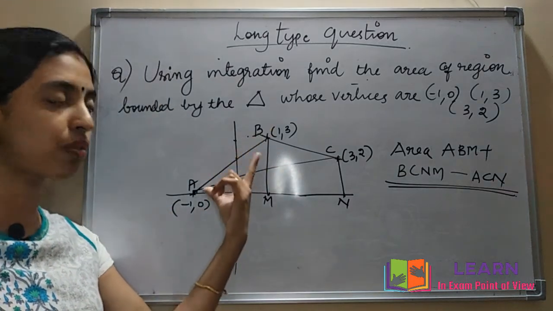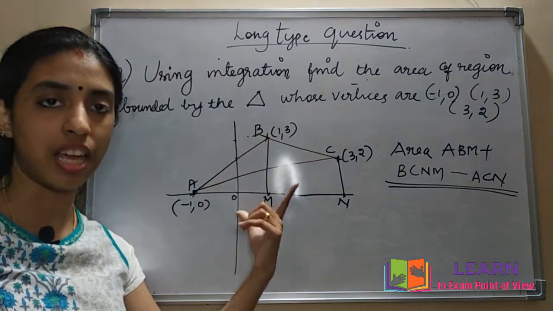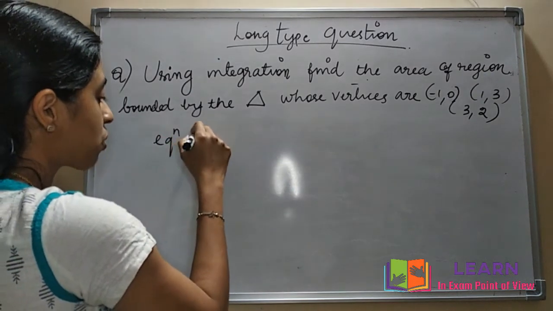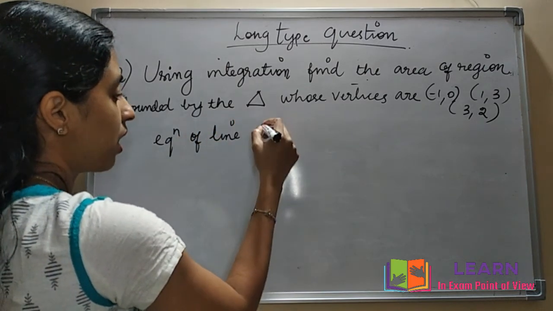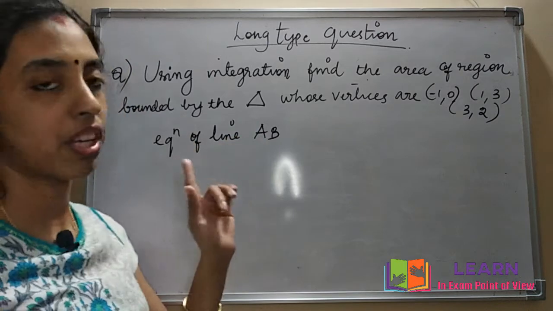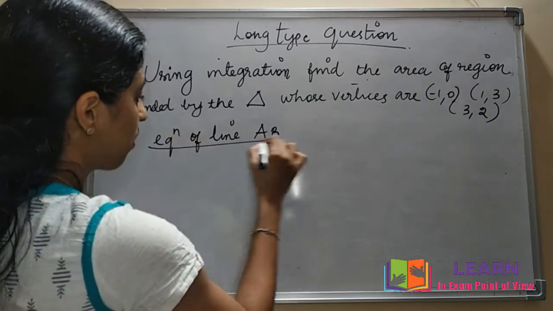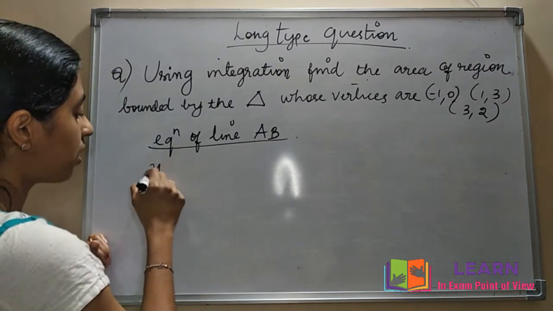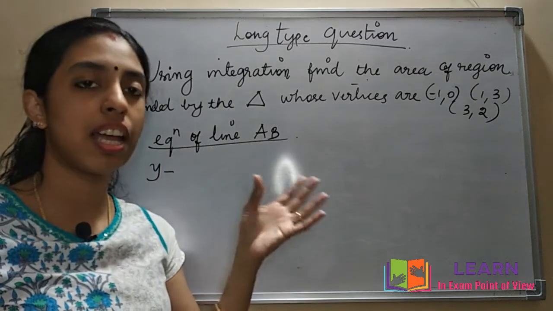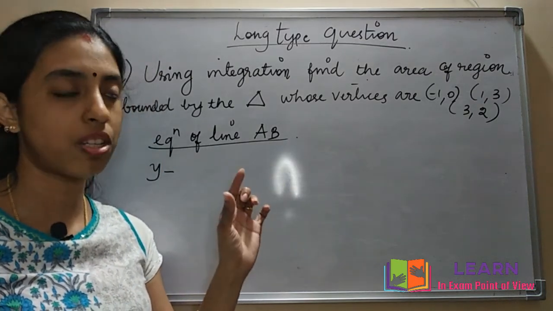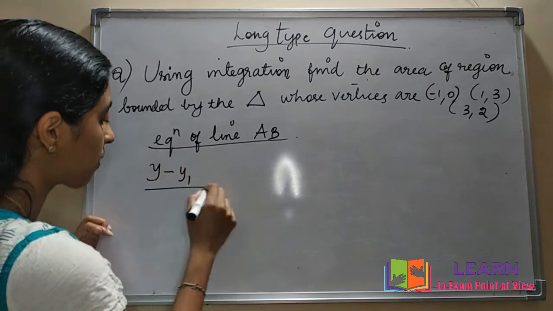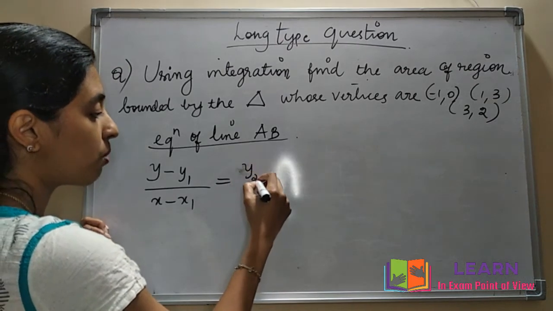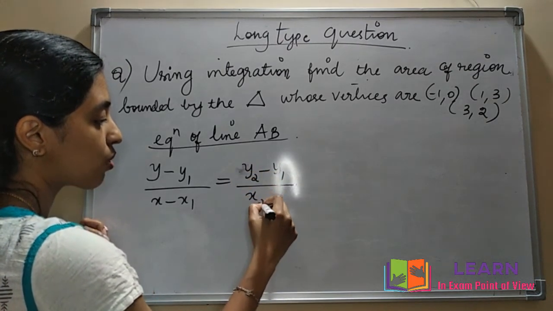First find the equation of line AB, then BC, then AC. Okay. So first, to find the equation of line AB. You remember in the figure where AB is, right? Here. Due to space, I have rubbed out the figure. Then you remember the equation of a line given 2 points, that is (y minus y1) by (x minus x1) equal to (y2 minus y1) by (x2 minus x1).